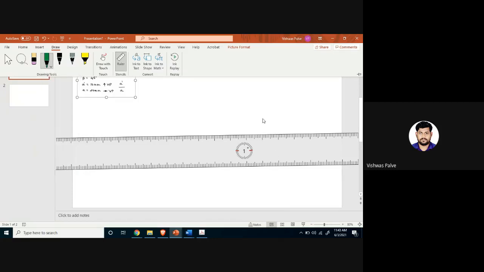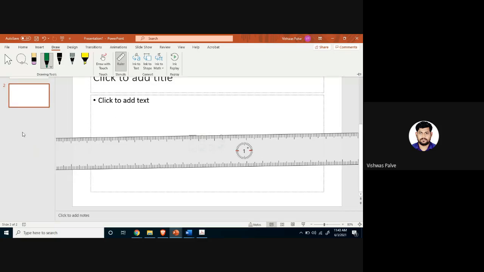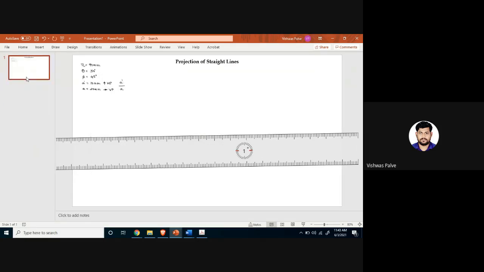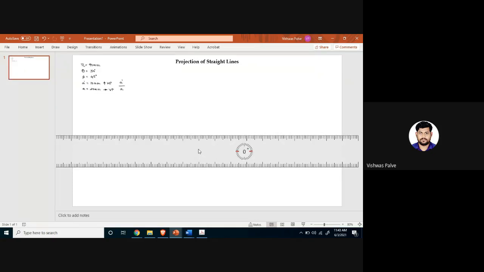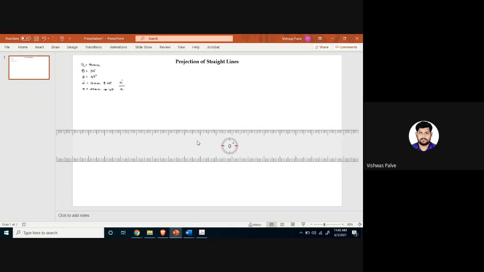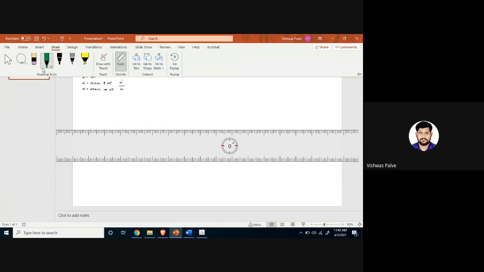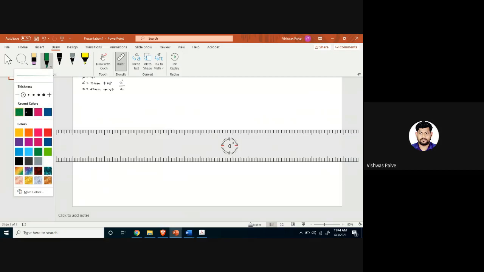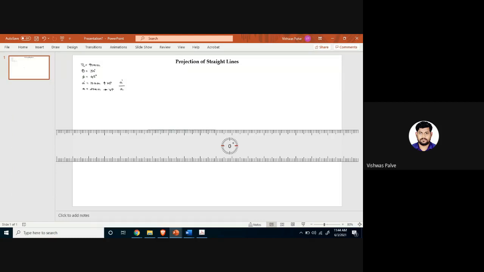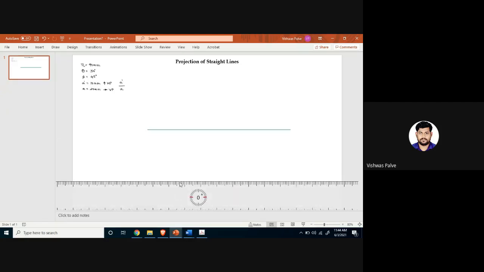First thing is you have to draw the XY line. I will set angle 0. Step by step I'll explain so that you can easily draw it on plain paper. Draw a line with green color. I will draw a horizontal line. So this is my XY line. Is that line visible? Yes, sir. Okay, so green color line means it is a projection line.